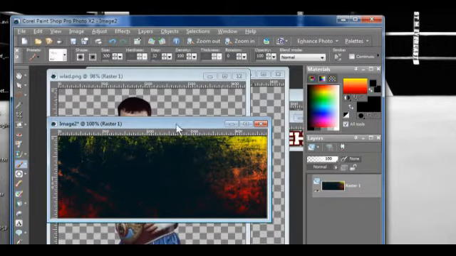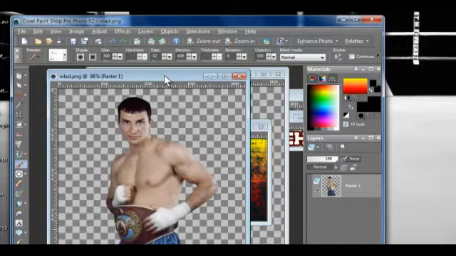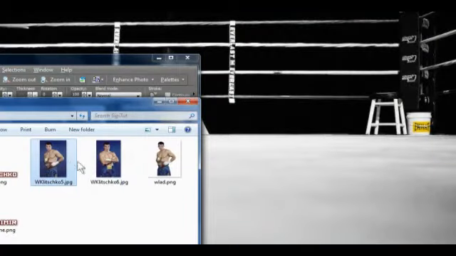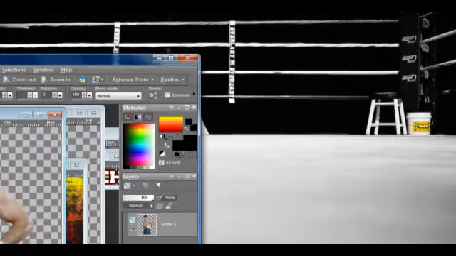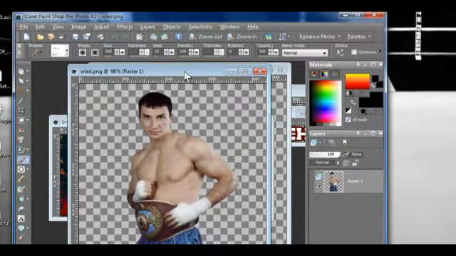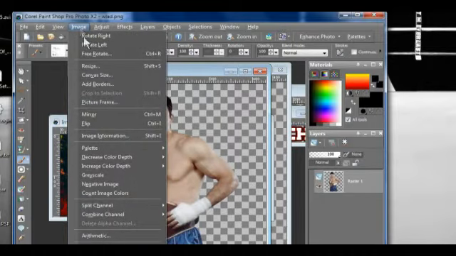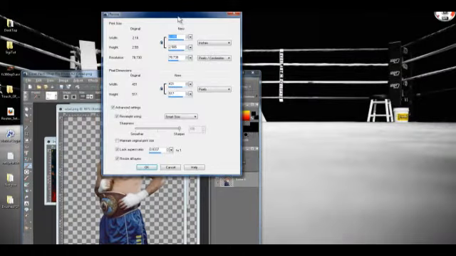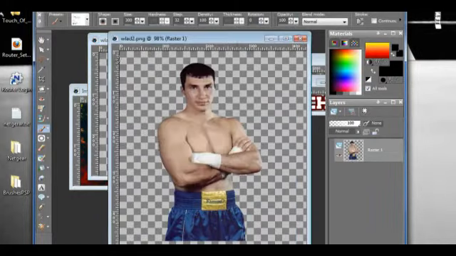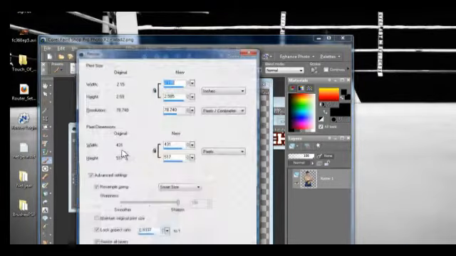Now that I'm comfortable with that, I'm going to take these two images that I have of Vladimir Klitschko, which I cut out from these images. I'm not sure if you can see those, but they have a blue background. I just did that with the lasso tool. It took about 3 to 4 minutes each, and I want to resize both of these images. You can use Shift S. I'm going to resize this to 300 with the lock aspect ratio on, so it'll do it evenly, and I'll do the same thing with Shift S,